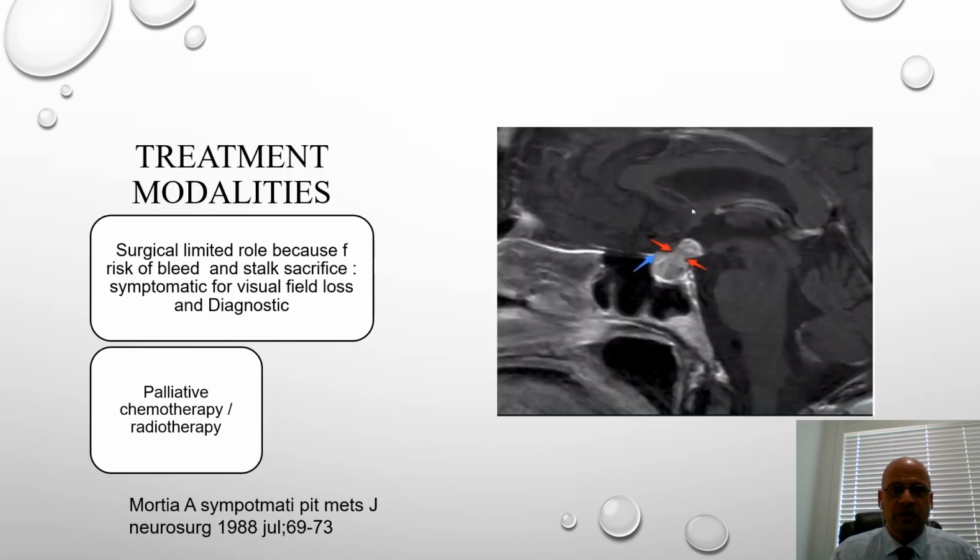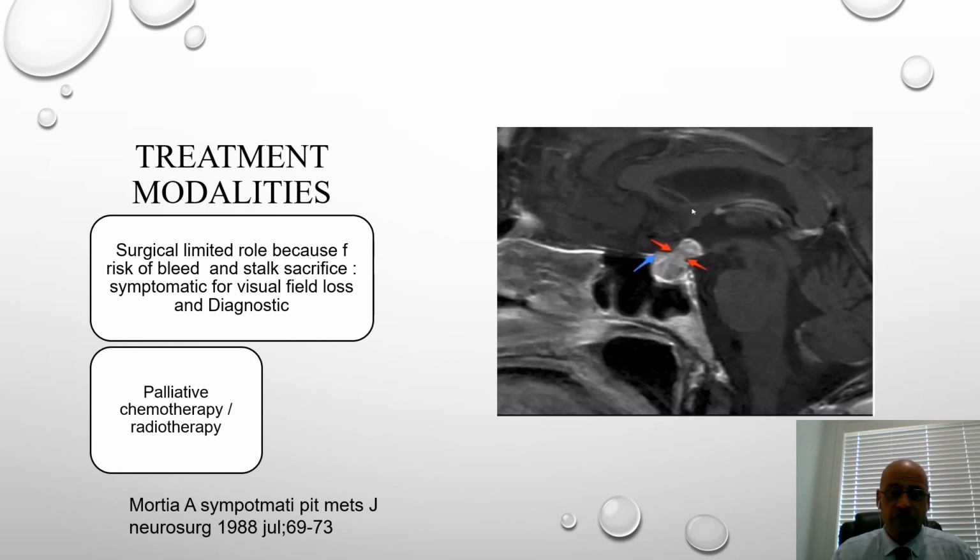So treatment modalities, we don't prefer surgery. It tends to be very complicated unless there is visual field loss or for diagnostic purposes. Well, diagnostic, we should not rush to surgery. We should be able to make a diagnosis in the majority, not all the cases. Most of the cases we can diagnose radiologically and by the history. And again,